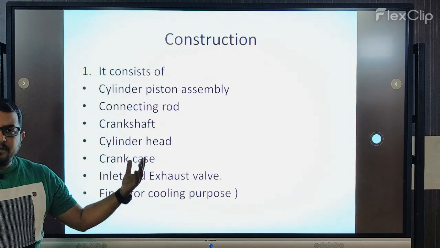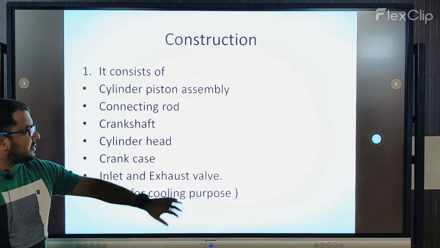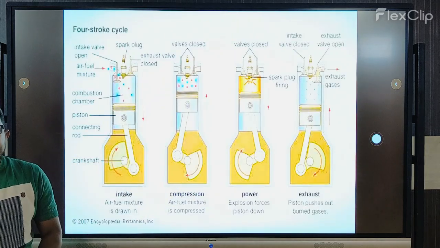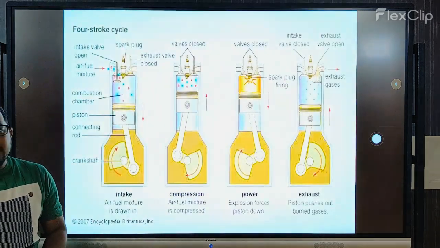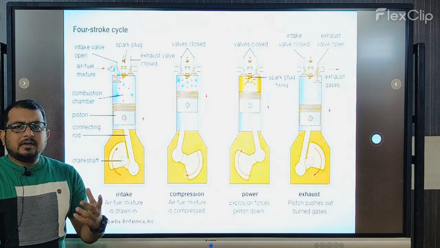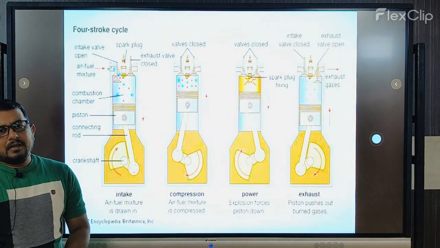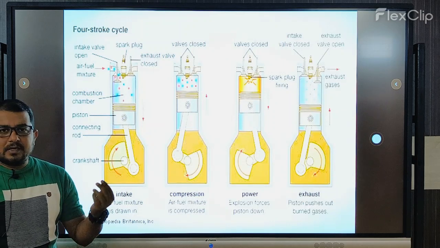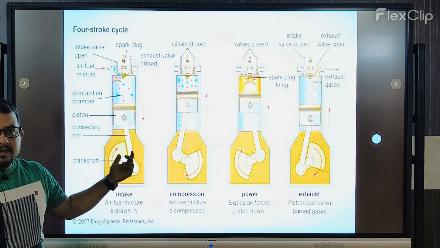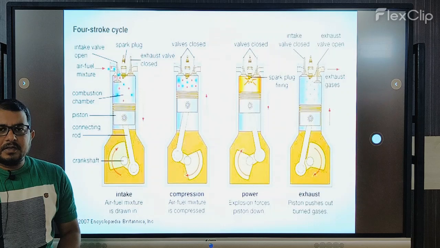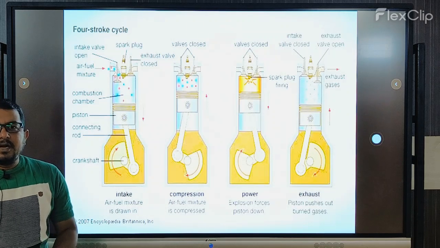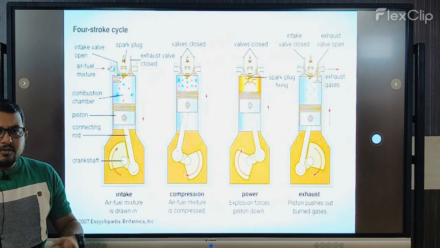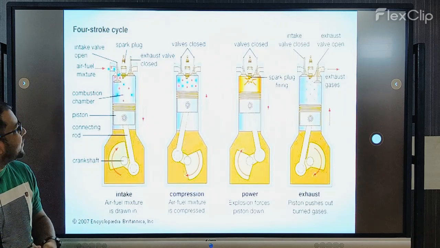We will soon be moving to the spark ignition engine. But before that, we have to look at what strokes are involved in the 4-stroke engine. First one is the intake, second is the compression, third one is the expansion, and fourth one is the exhaust. We are going step by step. So first,